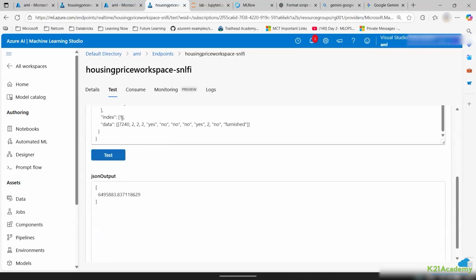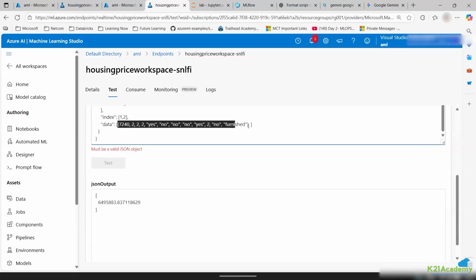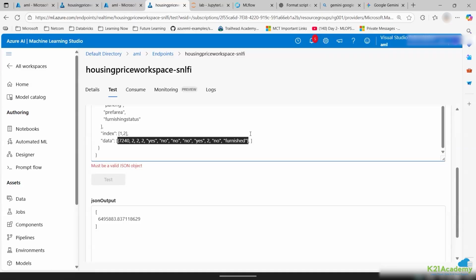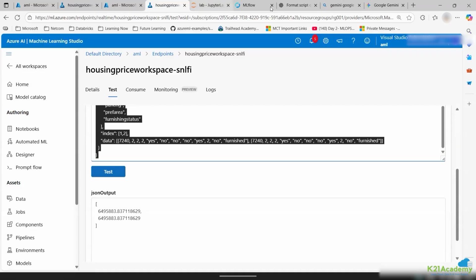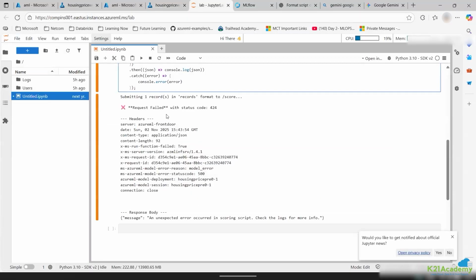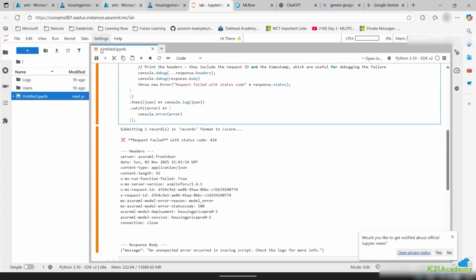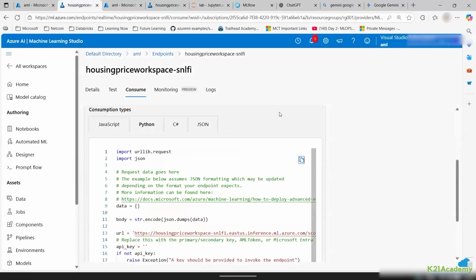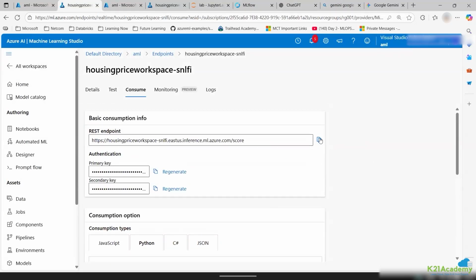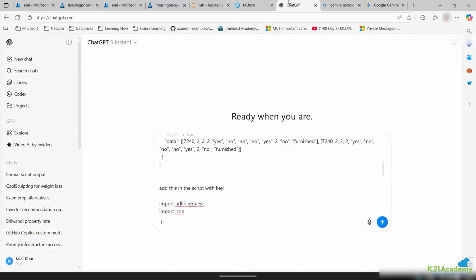Yeah, we got the result. The index was required. We got the result. Index we need to pass. Now just need to add it into the script, right? Has worked. We are able to get the response. The only thing is